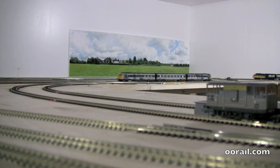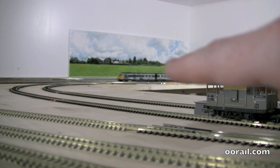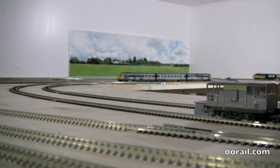So what I did was I picked pack 106C because it basically had that kind of look that you're getting into the town. So you can see here on the wall, if you look here, you're starting to see there's some countryside, a couple of sporadic houses, and then something that looks like a housing estate. In the next one that I have rolled up, so I can show you here,